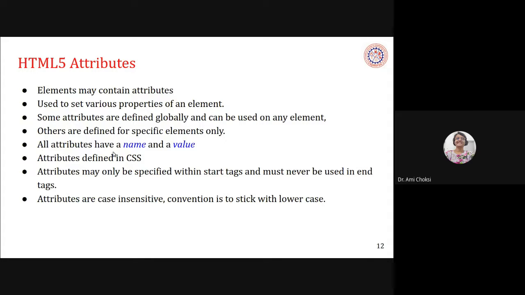All attributes have a name and a value. Attributes may only be specified within the start tag and must never be used in end tags. That is but obvious, right? Attributes are case sensitive. The convention is to stay with lowercase, right?